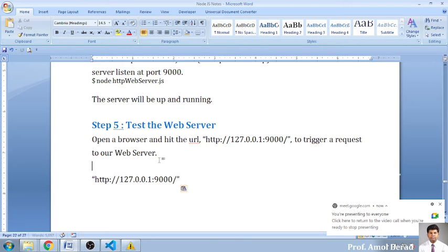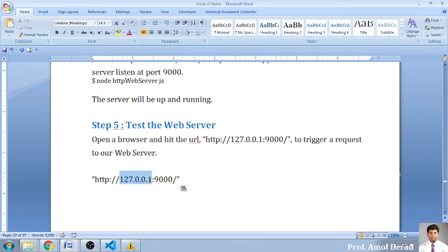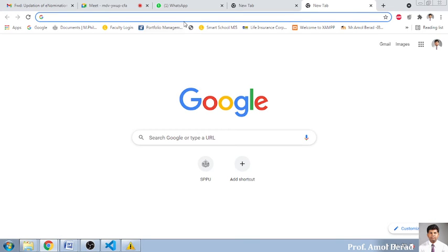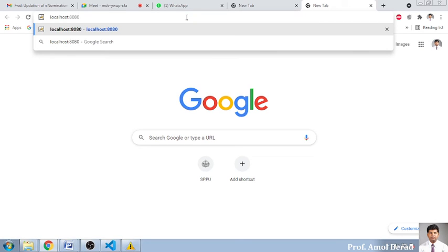So I paste a little here. You can put it like this, localhost and colon, and whichever port number you have written in the listener, you have to give the same port number, only then will it execute. Opening this browser, here I will say localhost. One second. See this, I have entered localhost 8080. So now it is already on my server.